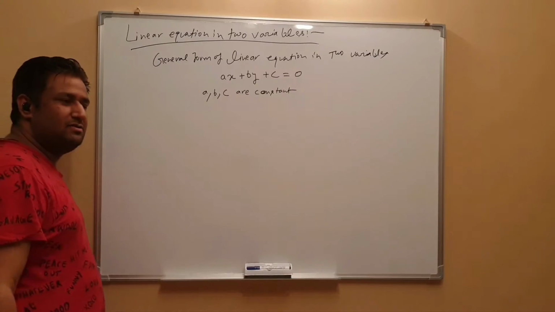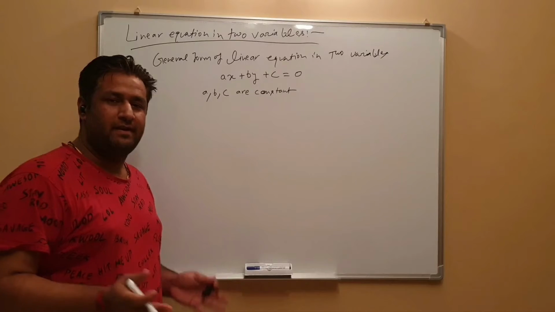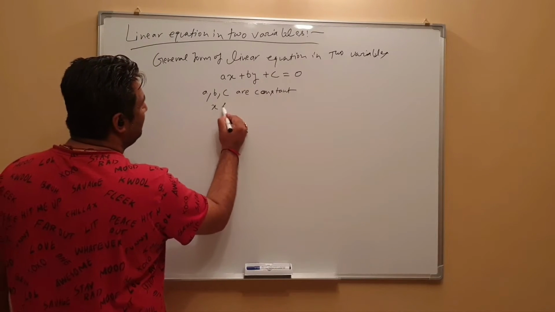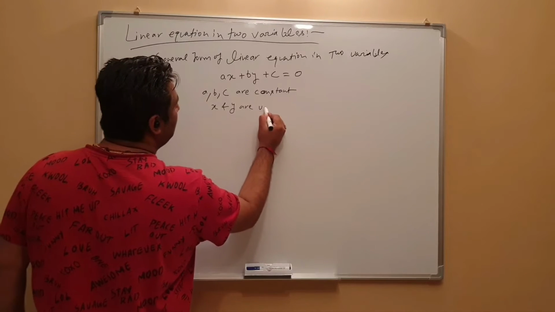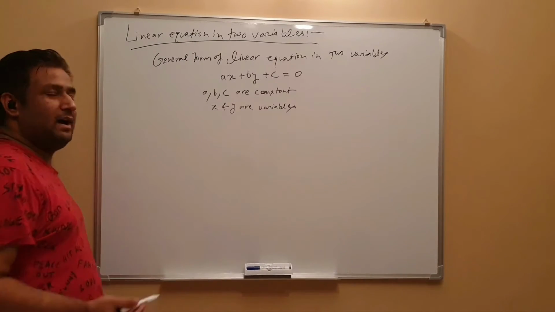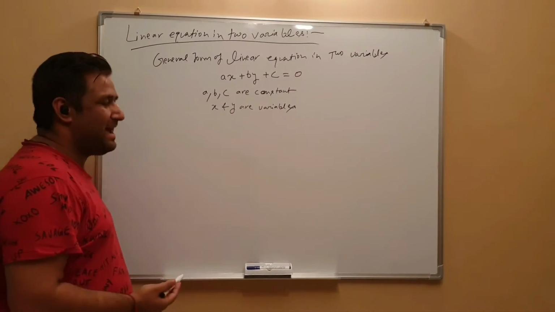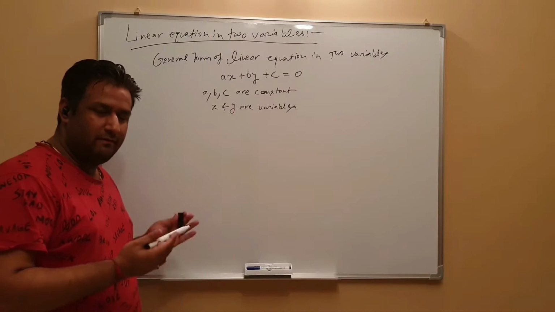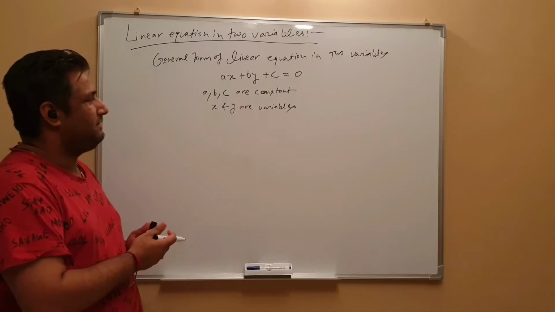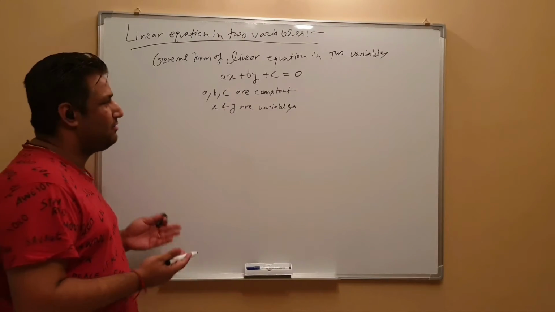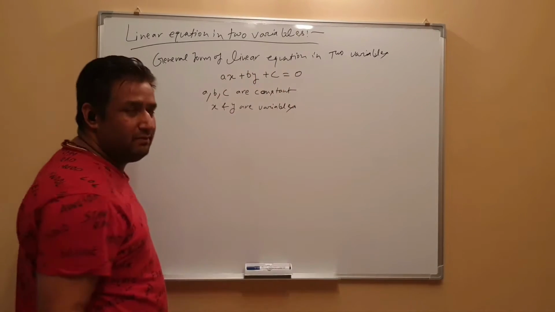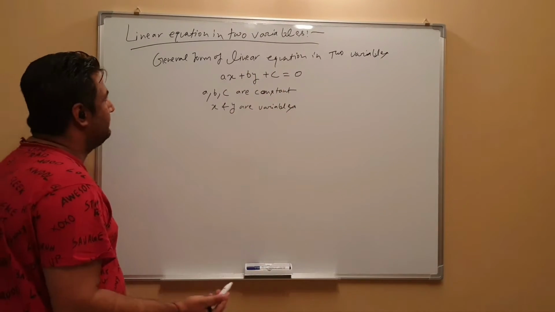What do you mean by constant? Constant is a value which remains fixed throughout. That's called constant. And x and y are variables. So now x and y are variables here. Variables as in those values for which we don't know their value yet. I mean those numbers for which we have to identify the values. So that is called variables. So it is a general form of a linear equation in two variables.